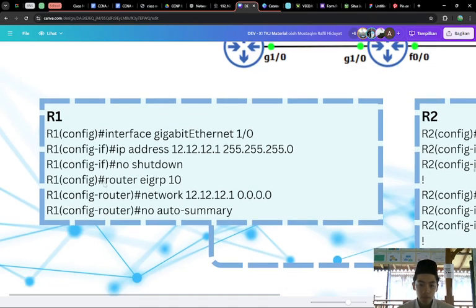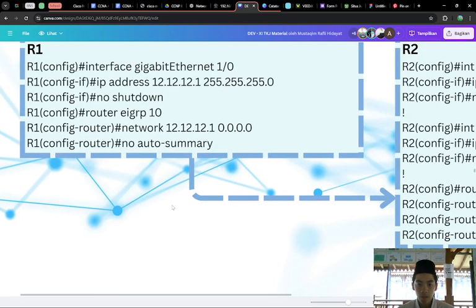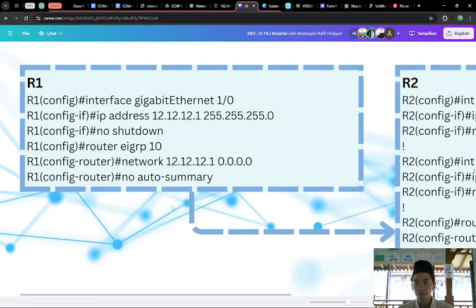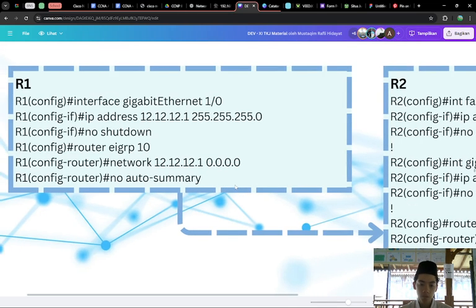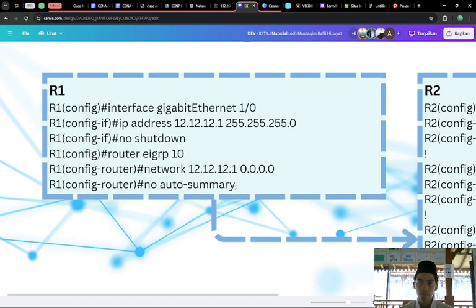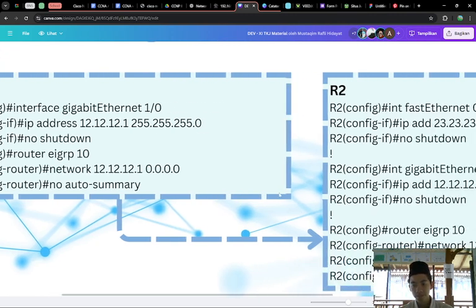Then you can add router EIGRP 10 and install the network, network 12.12.12.0 with wildcard 0.0.0.255, and then no auto-summary to keep the IP addresses concise.